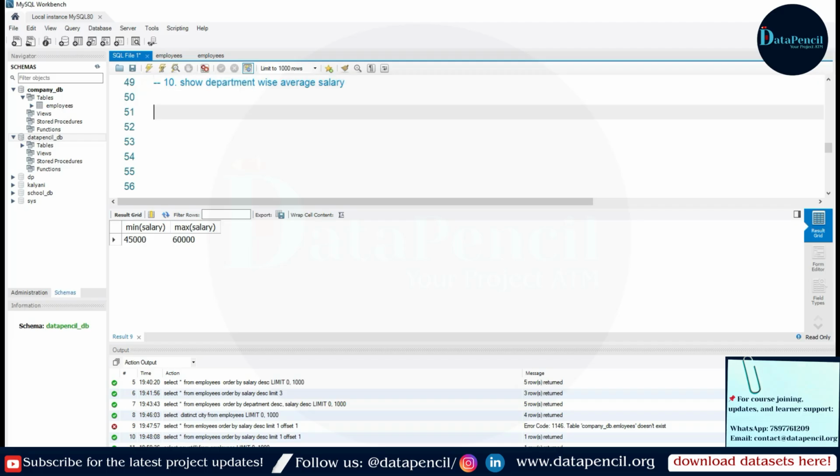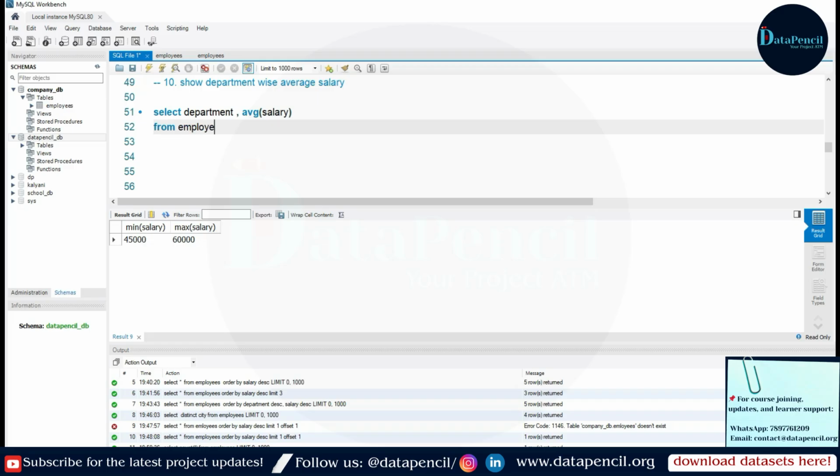Okay. So let's write select. What do we have to select? We have to select the department. What else? We have to select the average salary. So we will write average salary here, from the employees table.